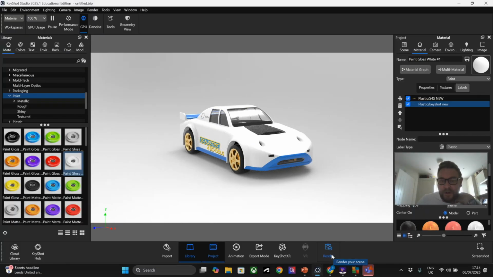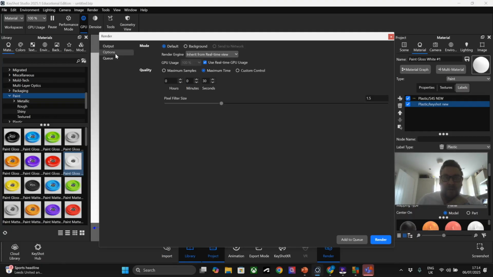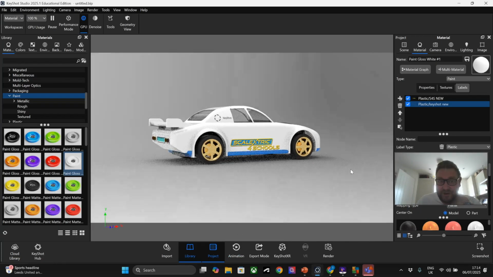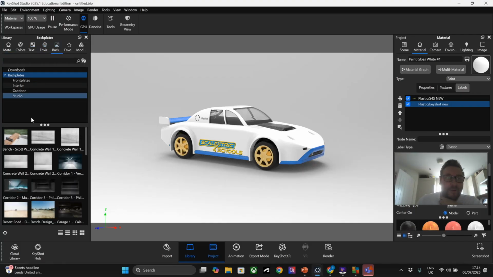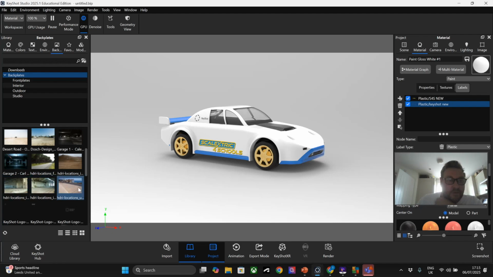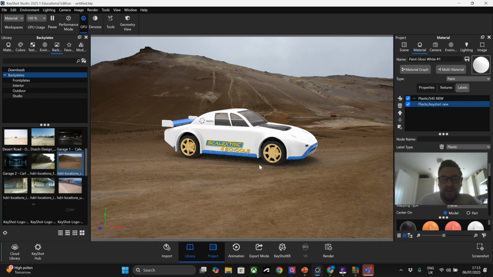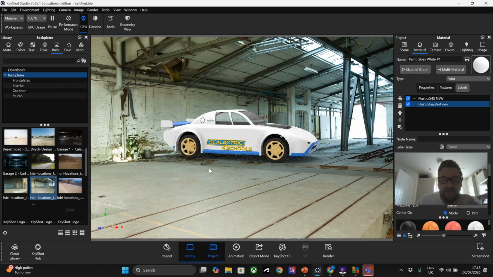And then what we do at the bottom here, to get your render, you click render. You can muck about with your options, so you can say you want it to a 5-minute render, an hour render, etc, etc. We can do animation, so we could have the thing rendering as it spins round. I'm not going to go into them now, but you have got things like back plates and things, so you can put your car into different locations and see how it looks in them. And then of course these have all got their own different lighting